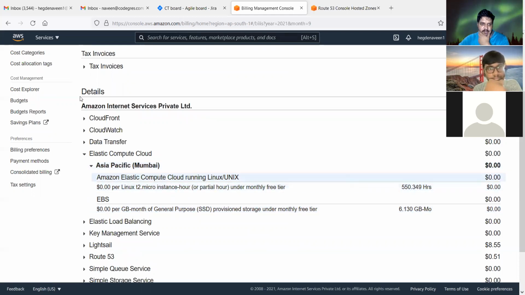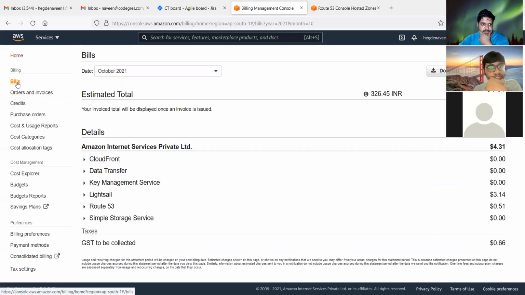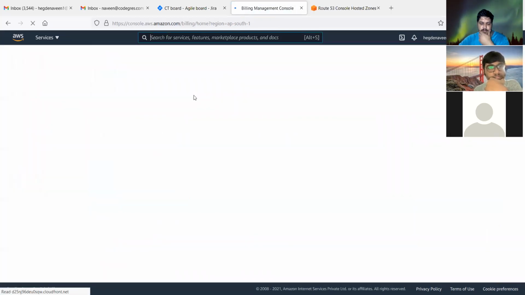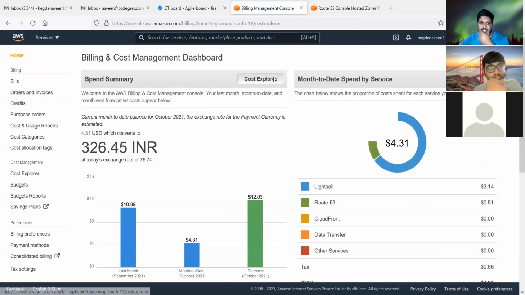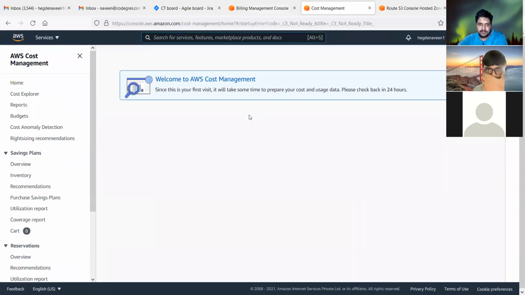If you want the specific one, you can go to this Cost Explorer and launch Cost Explorer. Here you can explore where it went.